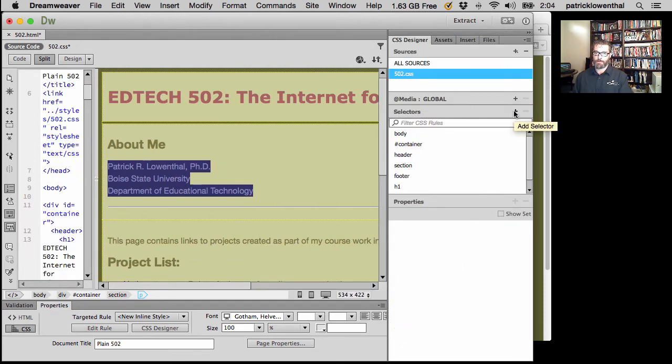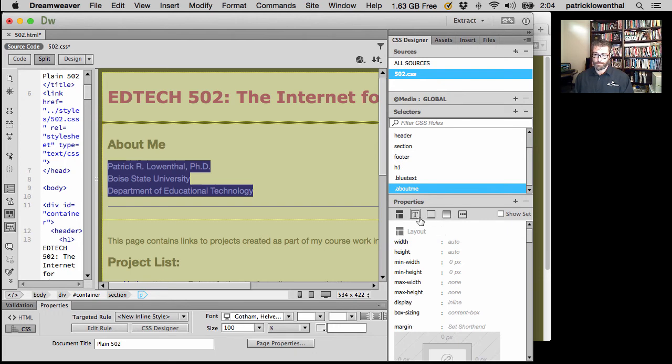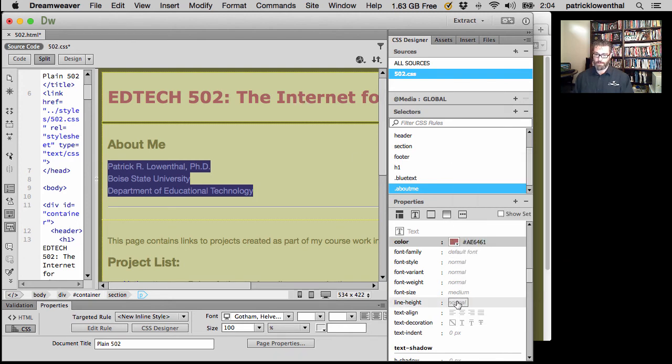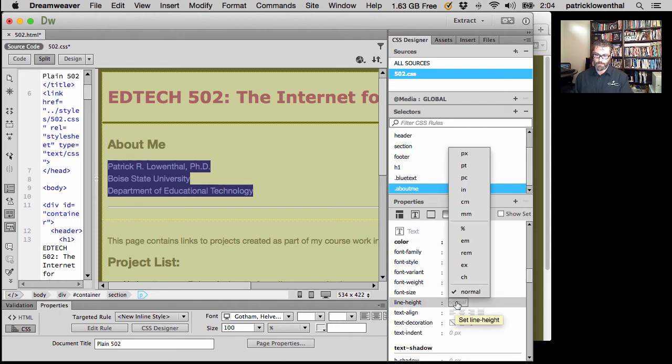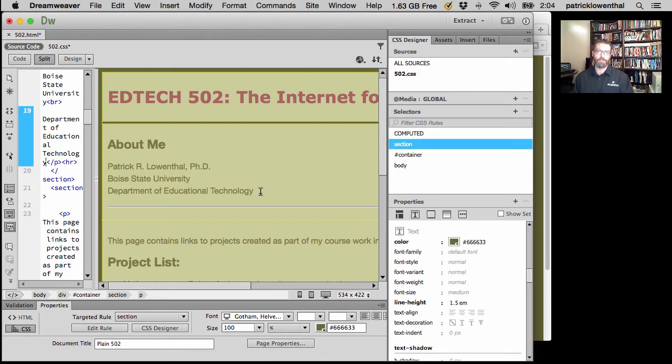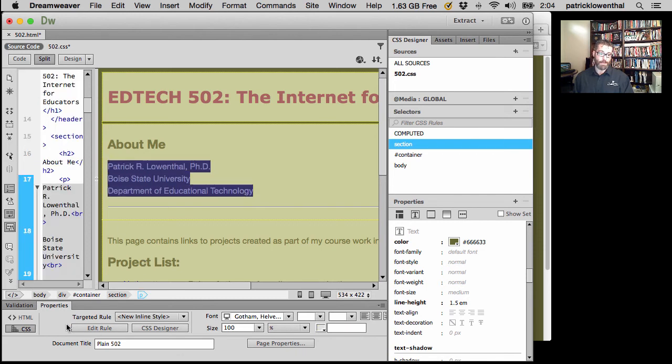Click 502 CSS, click the plus sign. Make sure I don't have any spaces, all lowercase. I'm going to basically use this dropper to come over here and get the color I want, so it matches there. I'm going to actually do my line height here less. So now that I've created it, I'm going to go over here, highlight, make sure I'm in CSS,